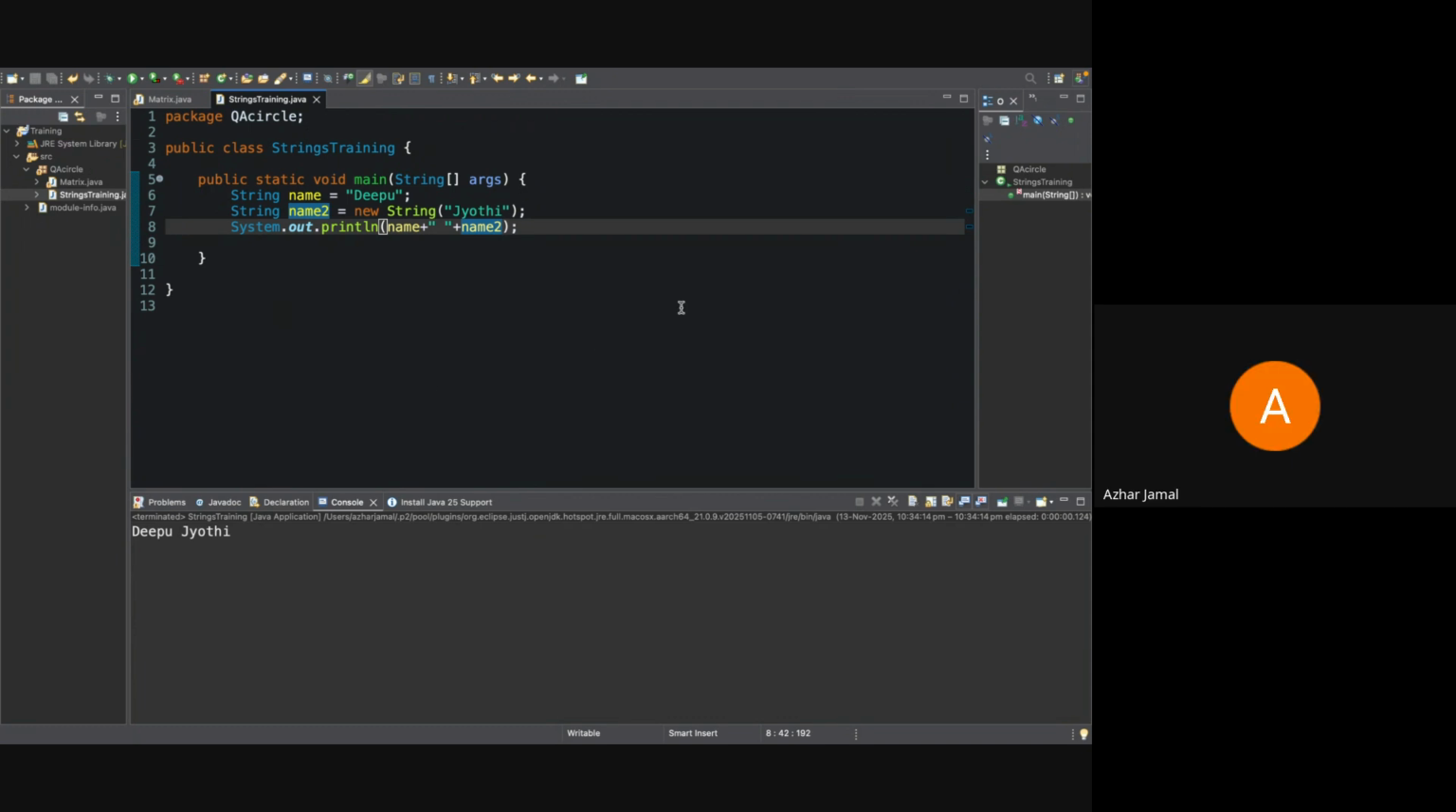Now, how do I do this in Java without using plus? I need Deepu space Jyoti. There is a method called concat. Let me put string